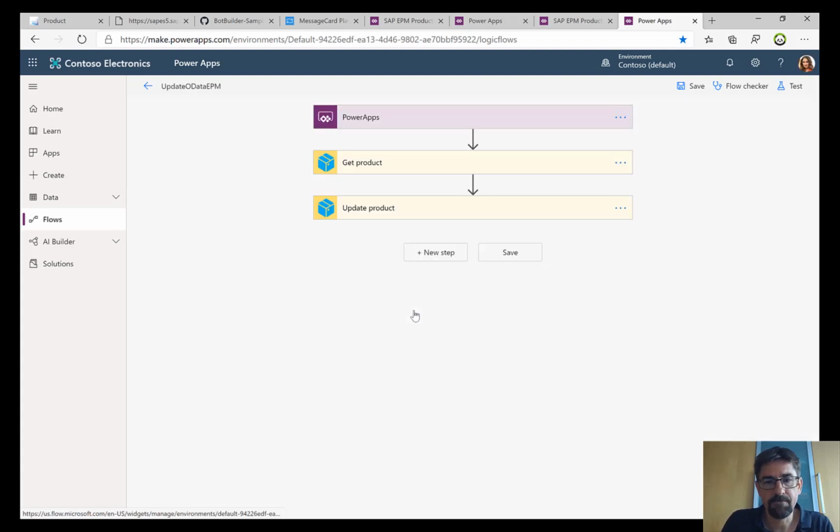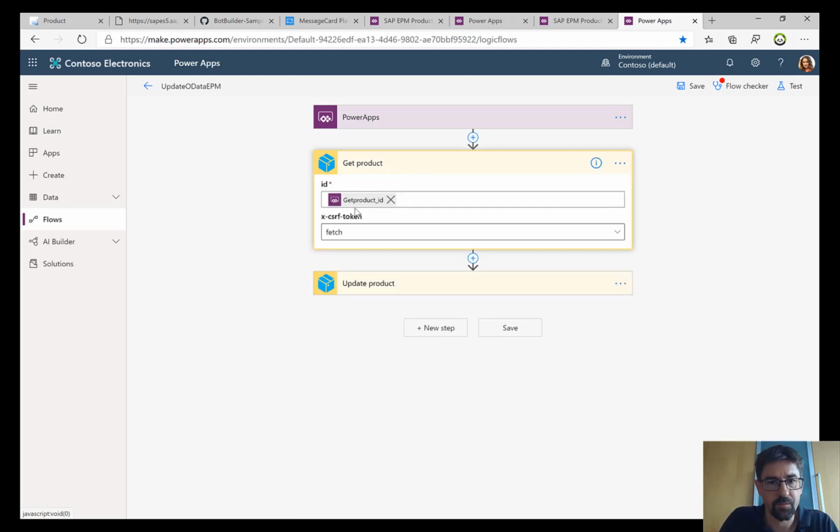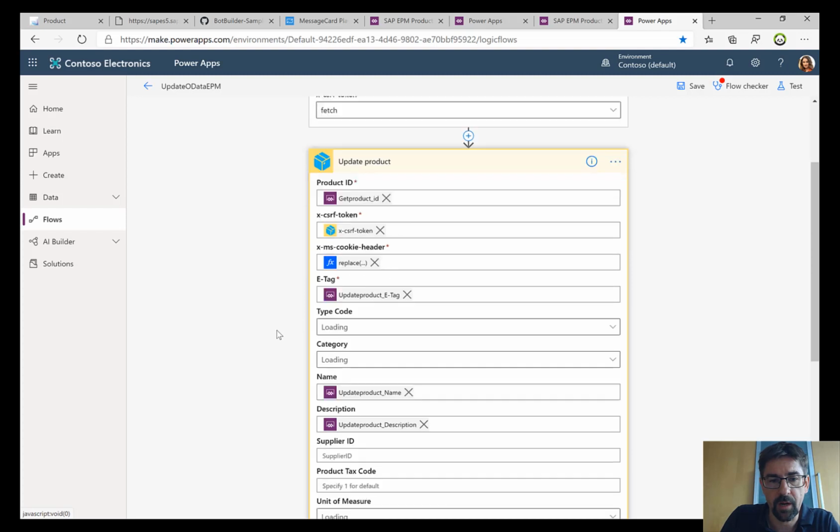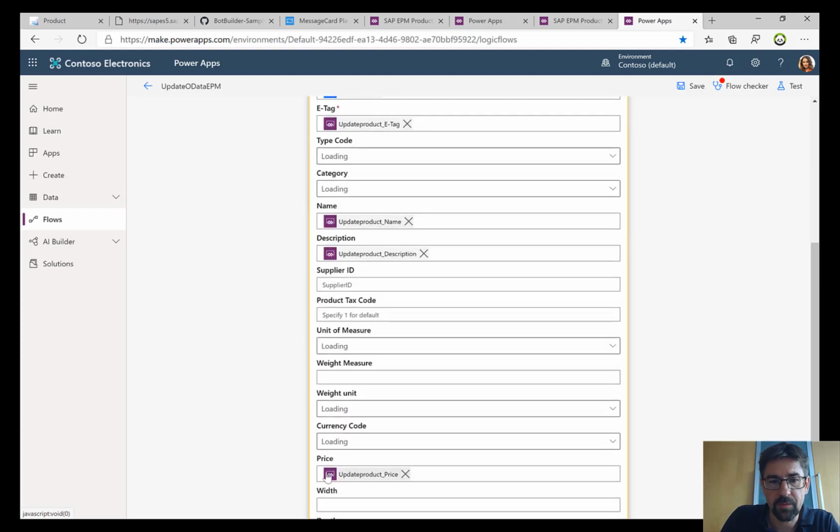So it's really a fancy concept where you just call, for example, get the product, so I put in the product ID. In order to update the information, I need to fetch the CSRF token, and then when I do the actual update, in my specific example, I just send the name, the description, and the price back to the SAP system.